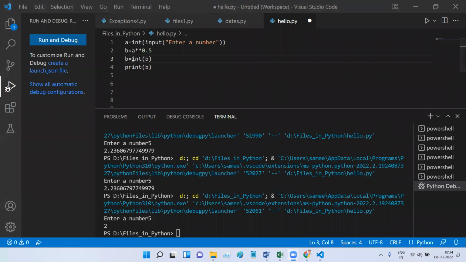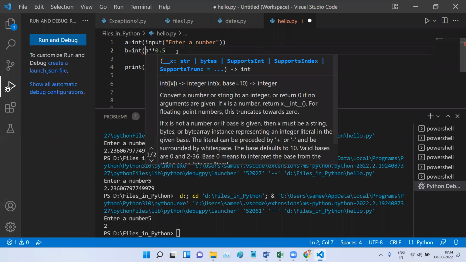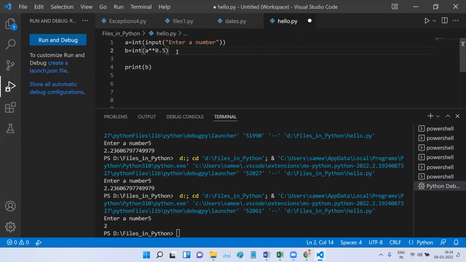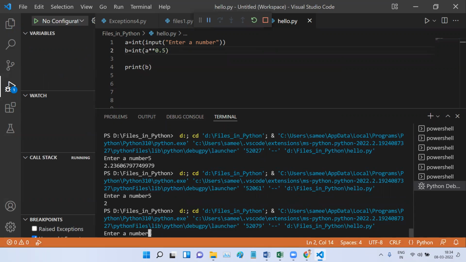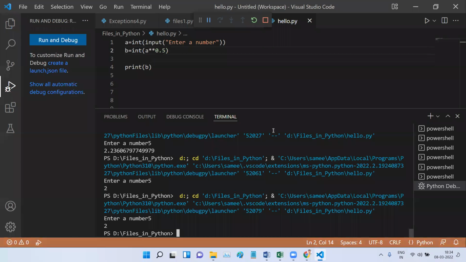Now let us try what Abhi Chauhan is saying. I want you to know everything. You don't need a special statement. You can just convert the variable into an integer on the go. Very good, Abhi Chauhan. Let us convert it like this and try. See, you are getting the same result.